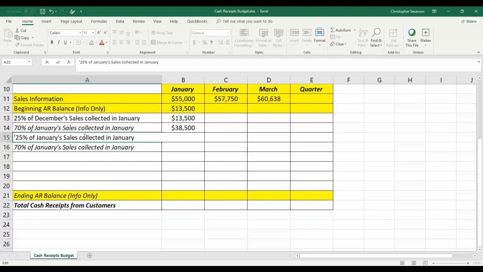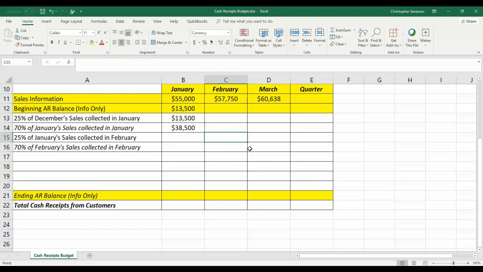Now it's 25% of January sales collected in February, and it's 70% of February sales collected in February. So that's all we're doing in this case. So 25% of January sales collected in February, our formula is going to be equals 0.25 multiplied by January's sales. And then we're going to have 0.70